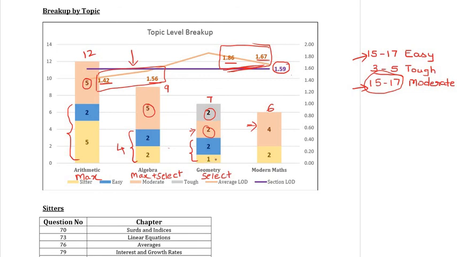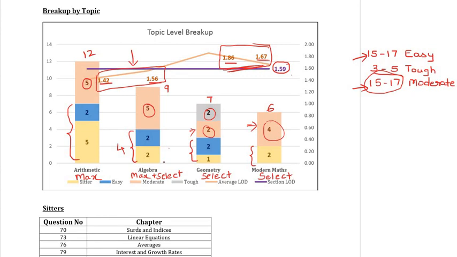Using the same logic for modern math, we again observe that out of these 6, only 2 were sitters. There was no other easy question. The rest were moderate. So again here question selection would become very, very important. So when we notice this, now when we analyze our strengths and weaknesses, we can very clearly observe that even within the section, you can have different strategies for different areas and try and use those strategies to maximize your